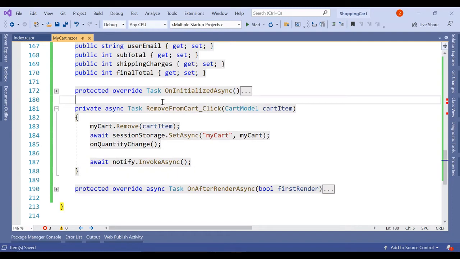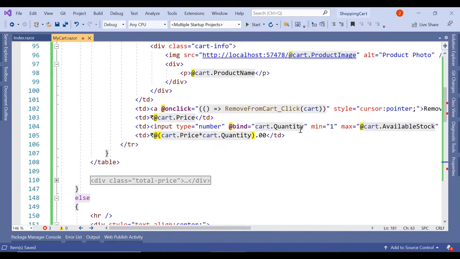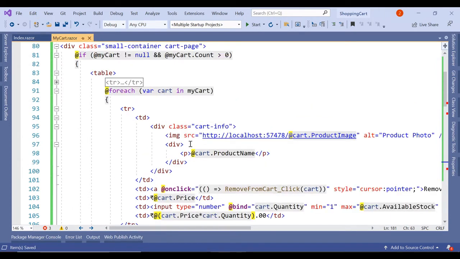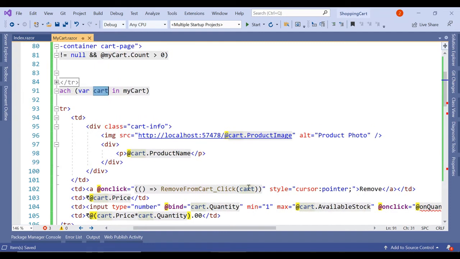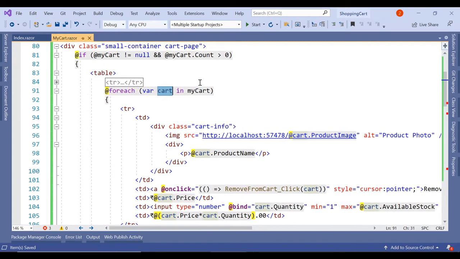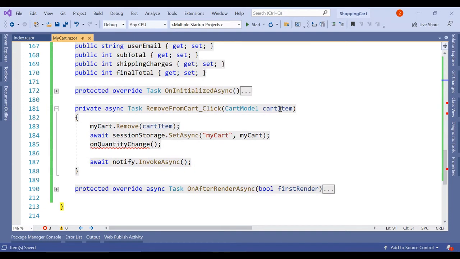Okay, so here if you see, it's a simple method and it receives the cart item. So here if you go in our loop, you see this cart item is being passed as an input to this method. My cart is a variable of cart, and that cart item is being passed as an input parameter to remove from cart. So whenever we click on remove from cart, that particular cart item we are removing from my cart.